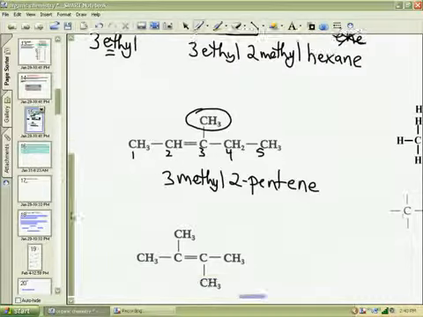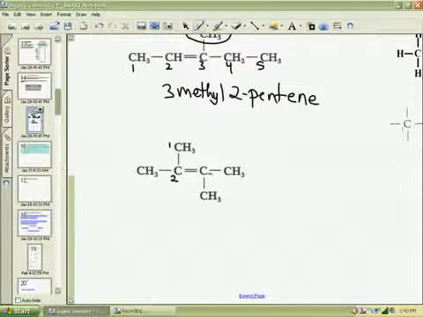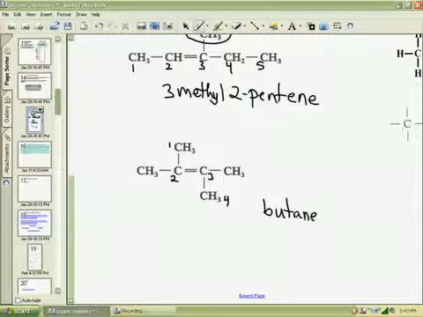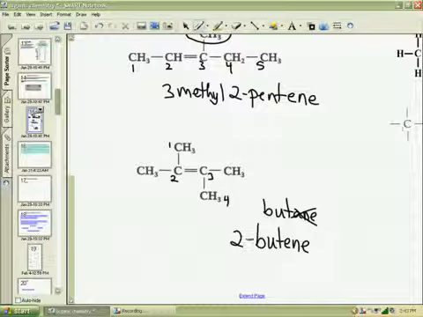Now we count our chain, and it doesn't really matter how we count this one. I'll count it this way just to vary it up. 1, 2, 3, 4. So I have a 4-carbon chain, methyl, ethyl, propyl, butyl. So we're dealing with a butane. But wait a second, it's not a butane. It has a double bond, so it's a butene. Okay, now the double bond isn't on the first carbon, it's on the second. So it's a 2-butene. And on the second carbon, I have 1 methyl, and on the third carbon, I have